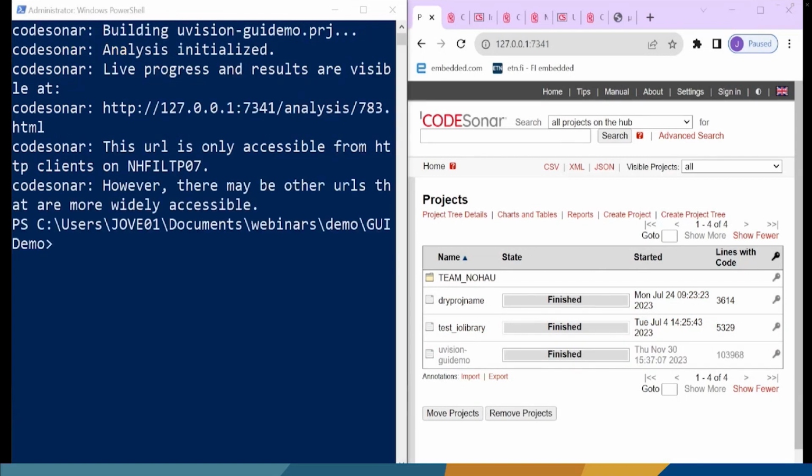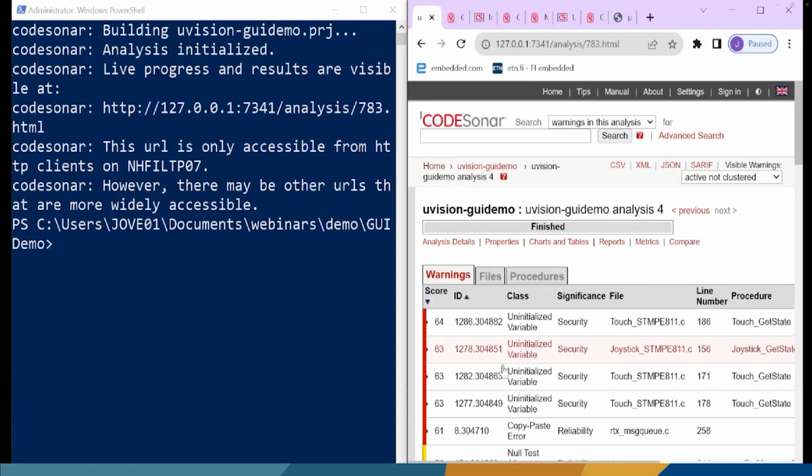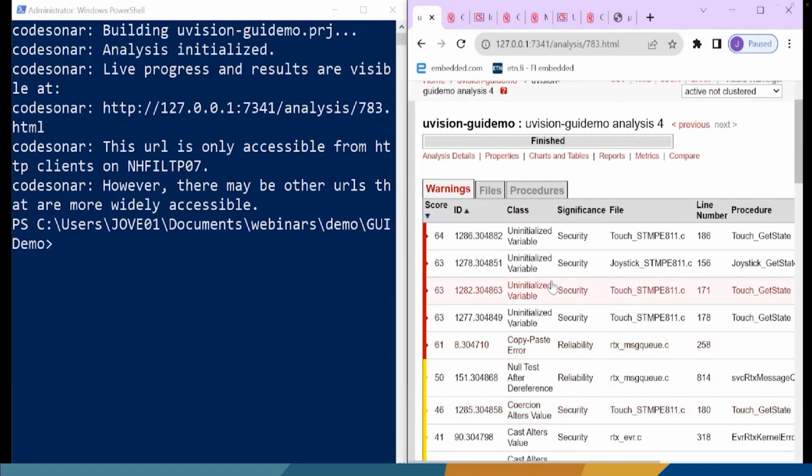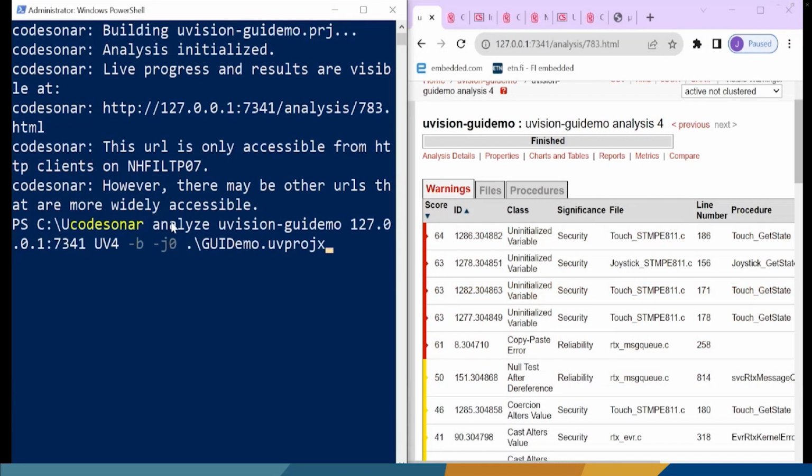So once the code has been analyzed, you can do the same thing we did before. I'll go ahead and click on Microvision GUI demo, and it will bring up the warnings that have been generated for this particular analysis. As you see, these are slightly different than the other ones, because what we did here, if we recall, we did just generic analysis, which is the one that comes out of the box with generic warnings for